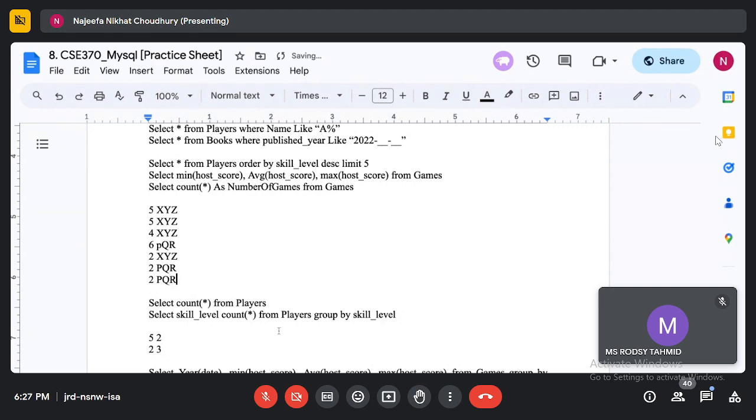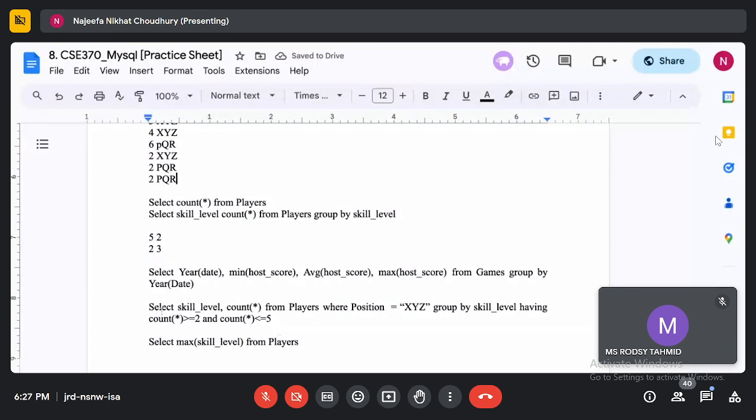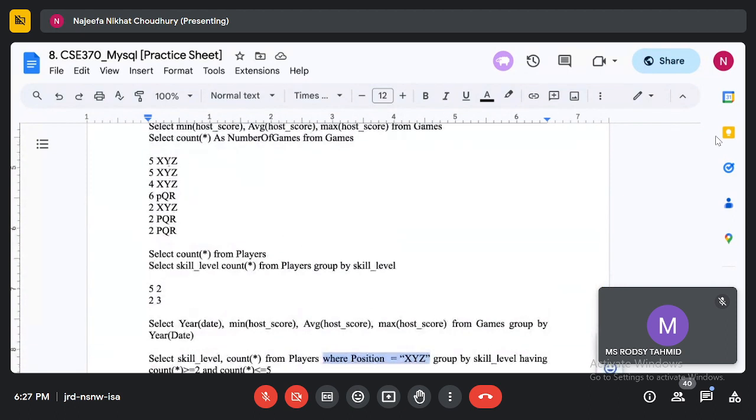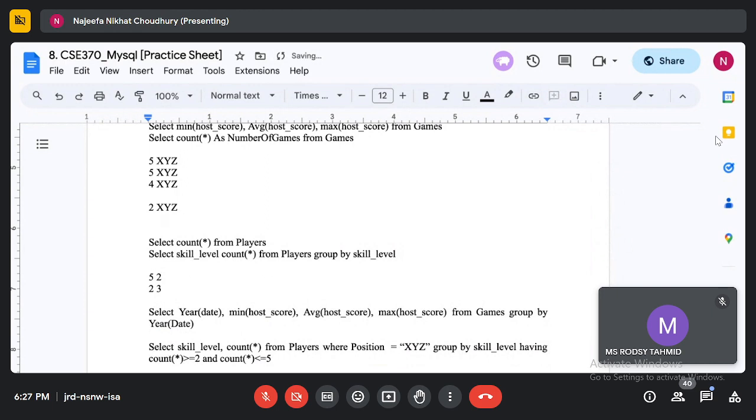Now what it will do is, first it will just look here. First is where position equals XYZ. So I'm going to each row and selecting the rows that have position XYZ, which means these rows will be omitted, right? So now I will check only in these 4 rows.